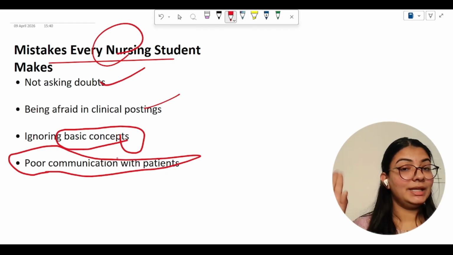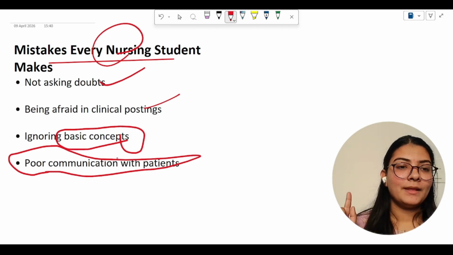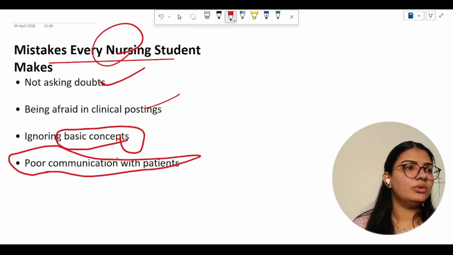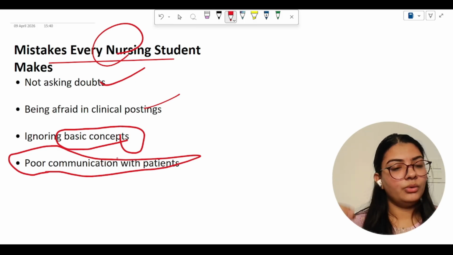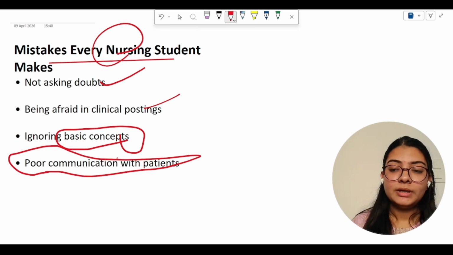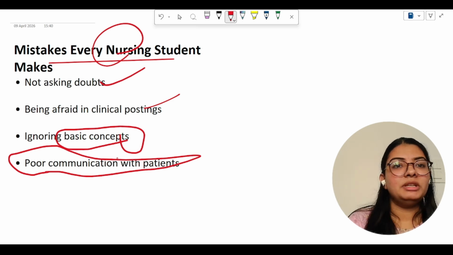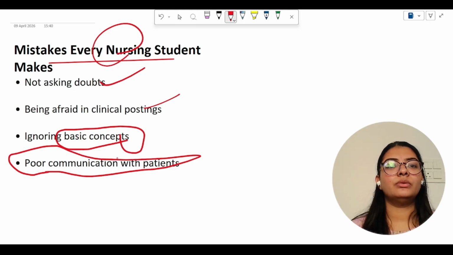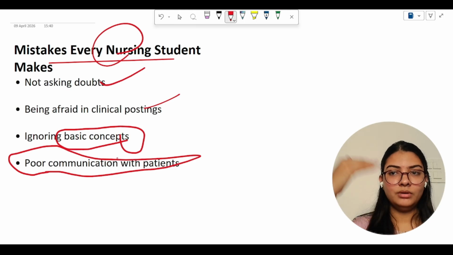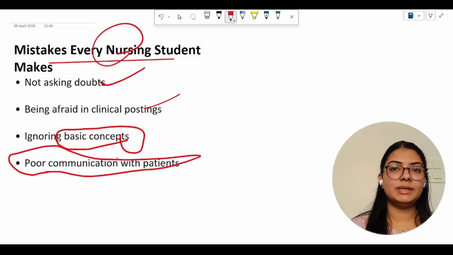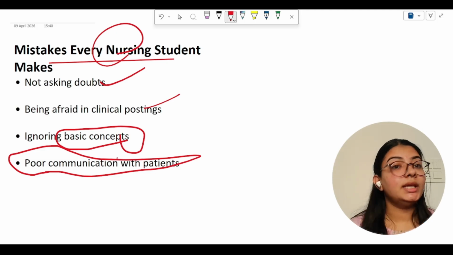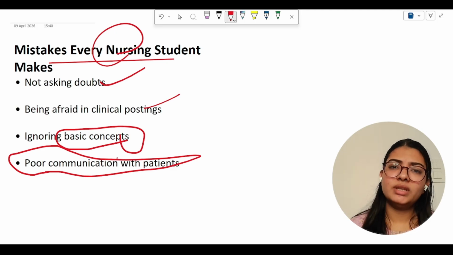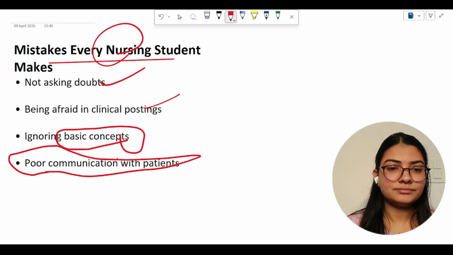no need to be afraid of anything. Yes, ignoring basic concepts is not good, basics are very important. Going into detail is also very important, but don't land up directly in the detail of any particular topic without clearing the basics. बेसिक से स्टार्ट करो, हर एक चीज को स्टेप बाय स्टेप करो, एंड बेसिक आपके जितने क्लियर होंगे उतना ही जो आपको डिटेल में कुछ पढ़ना है वो भी उतनी ईज़ीली ही आप ग्रैब कर पाओगे।